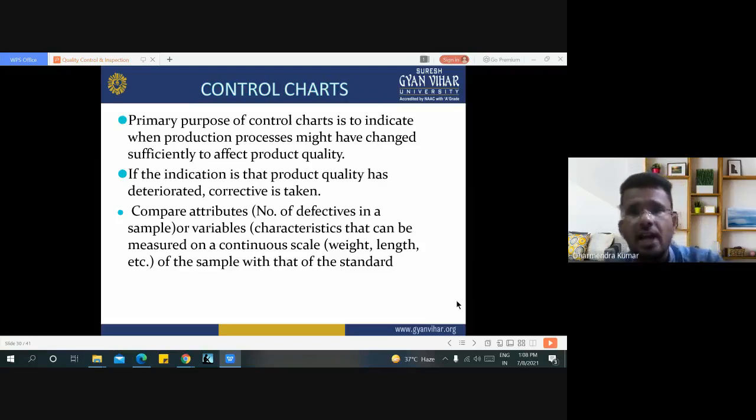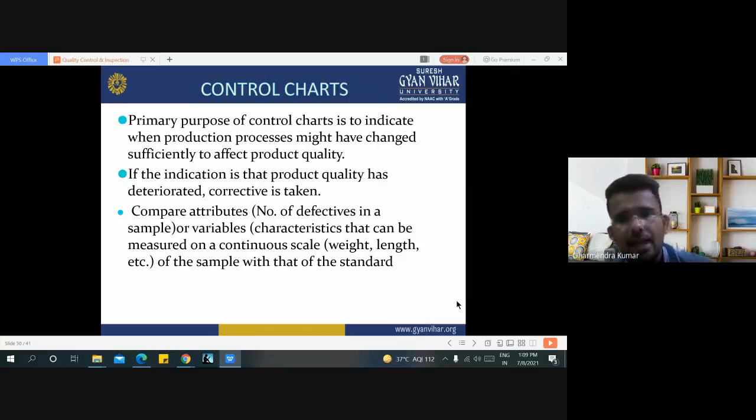The control chart represents the overall change of the machining process and of a machine's components for the betterment of product quality. If the indication is that product quality has deteriorated, corrective action is taken. If the chart regularly shows that product quality deteriorates, then it is time to take corrective action and improve the quality of the product.